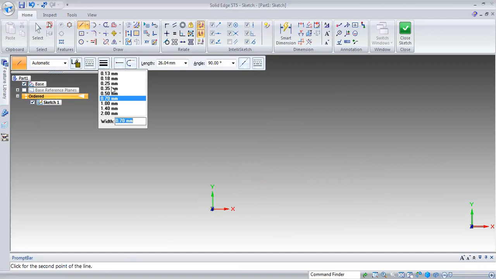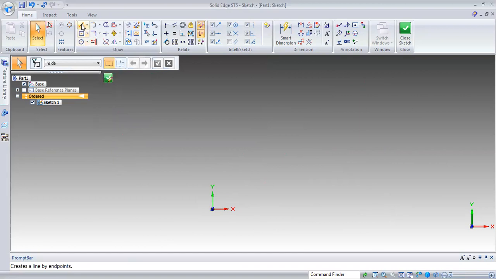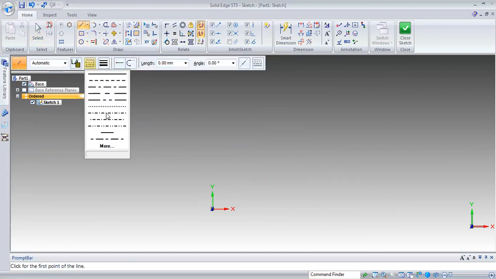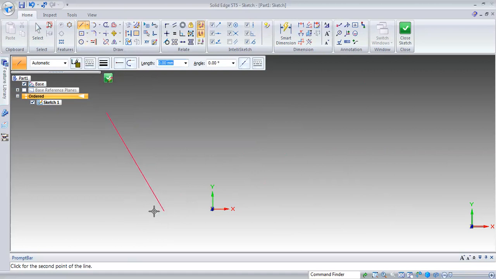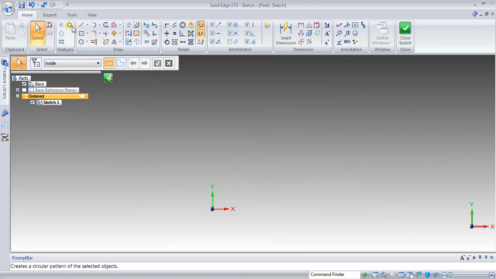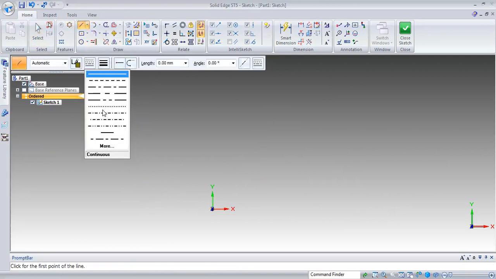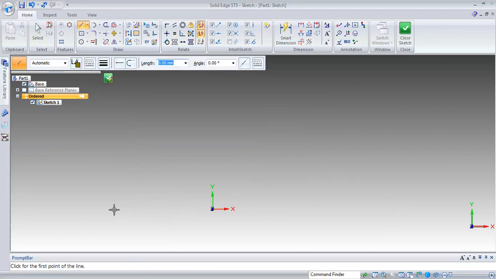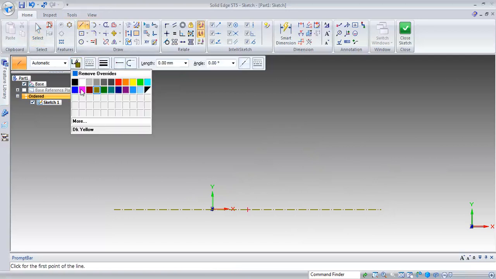Let's say we'll be taking about 0.35. So you can change the color also. Change the color whichever you want.